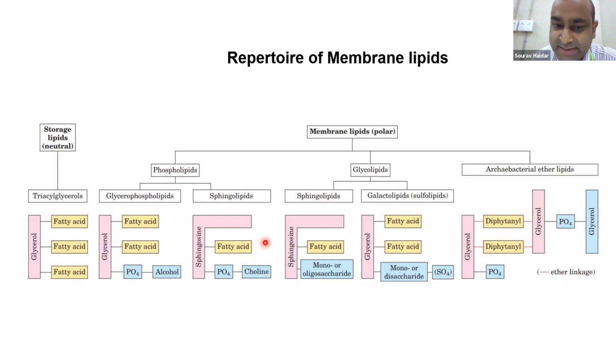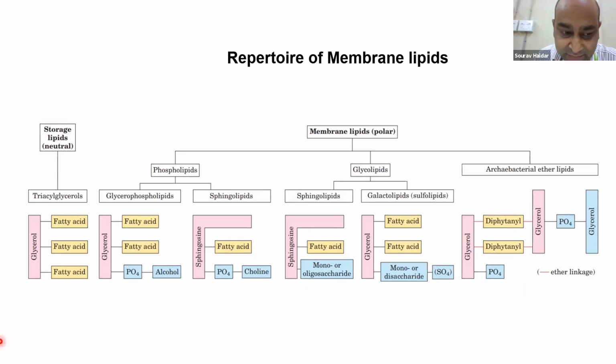In case of phospholipids and sphingolipids, it's an ester linkage, right? As I said, lipids are nothing but esters between glycerol and fatty acid. That is not true for archaebacterial lipids. In fact, there are some structural differences in the archaebacterial membrane compared to other bacterial membranes or mammalian membranes, and some of these structural differences are actually manifest in the proteins that are found in archaebacteria.